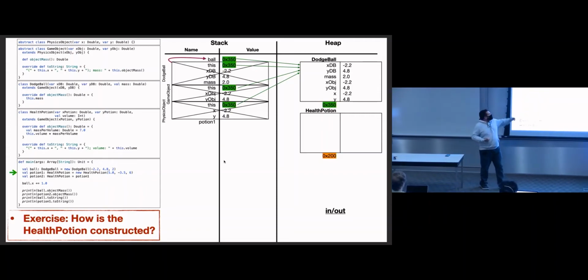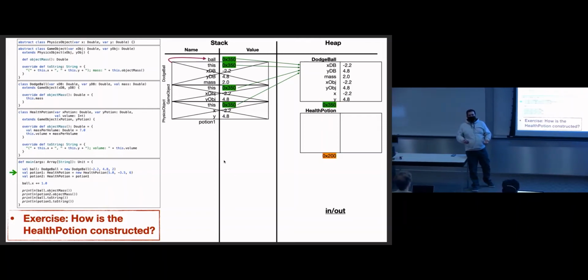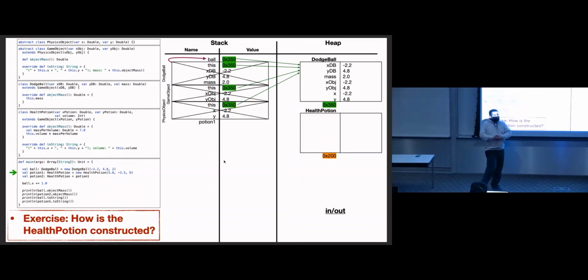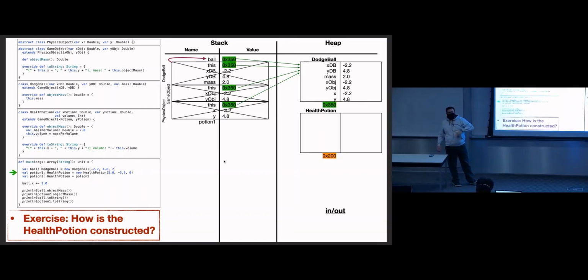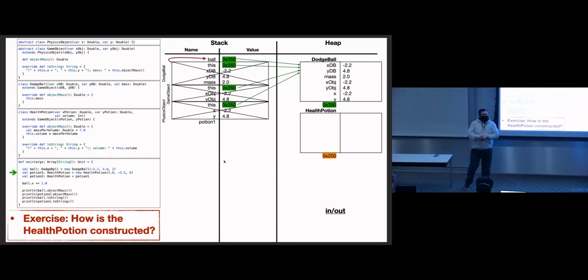So if I have 2 vars named X, and outside of the class I say potion1.x, which X do I get? We have a name conflict. They're both in scope. We don't know which one to use, so you're just going to get a compiler error. Nothing's going to work. So only one of them can be either val or var, and the rest have to have no val or var on them. And then when you're within a class, if you're inside dodgeball and you say X, you'll get the X from the dodgeball constructor. If you're in game object and you say X, you get the X from the game object constructor. If you're in physics object and you say X, you get the X from the physics object constructor,